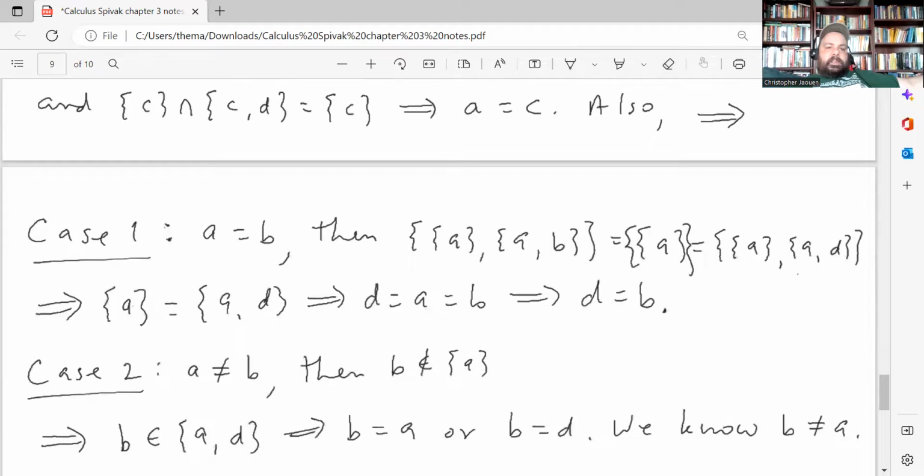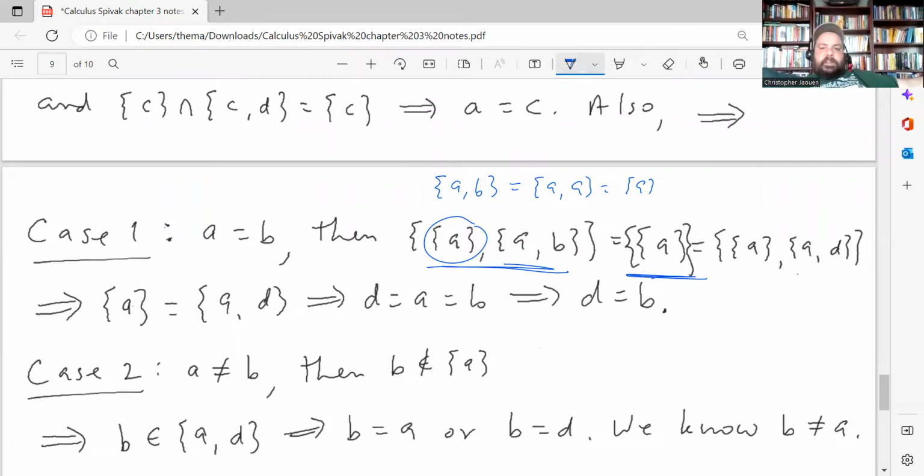Case one is we assume that A is equal to B. If that's true, then this is equal to this, because the set {A, B} is the set {A, A}, which is just the set containing A. And since we already have that in here, you could write it more simply like this. It's just the singleton set containing A. And because of our hypothesis, we know that the two ordered pairs are equal. That means that